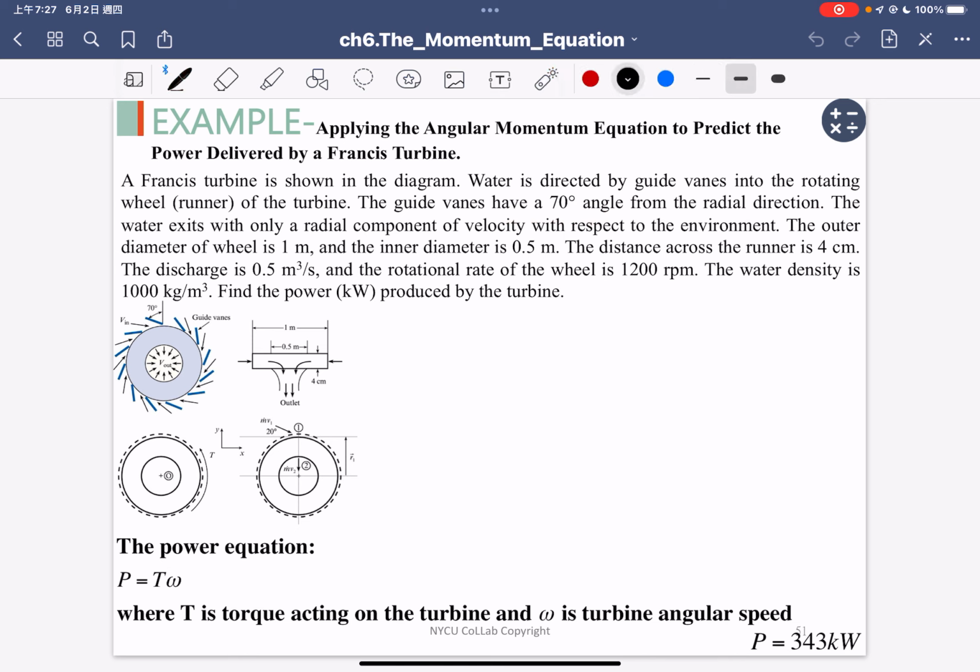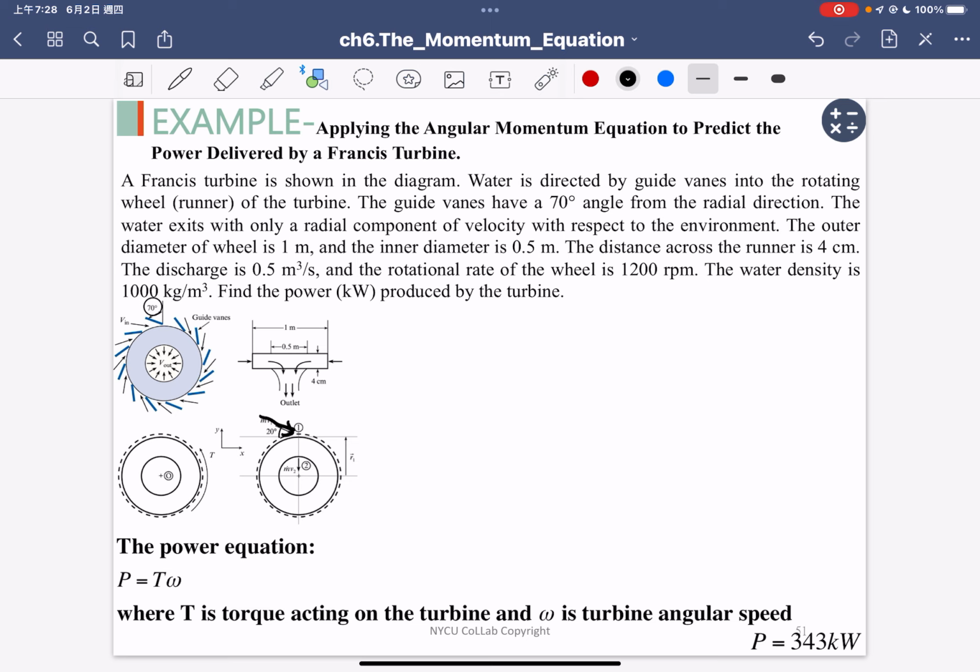So you can see we have the water flowing here, and this is our water flow direction, and we have the angle here. Okay, and because this is 70 degrees here,